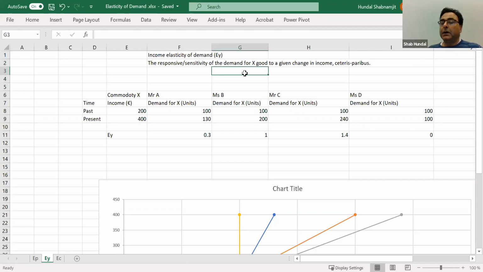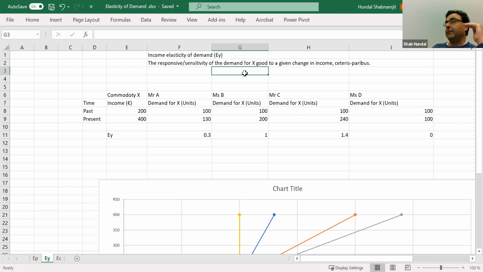What about the income demand? The price demand is the relationship between price and demand, and the income demand is the relationship between income and demand. And I want to ask you something now. What do you think is the relationship between income and demand? The more income you have, the more demand will... Excellent. So the more income you have, the more demand you do. And I'm talking about the normal product. I'm not talking about those exceptional goods.